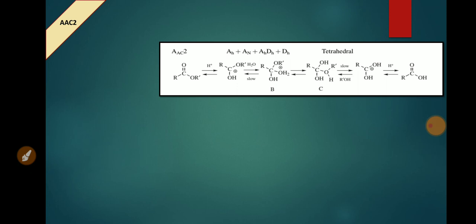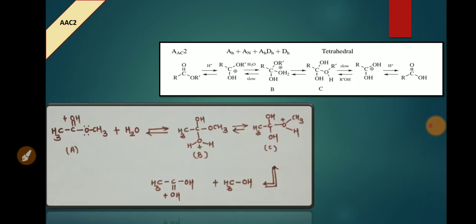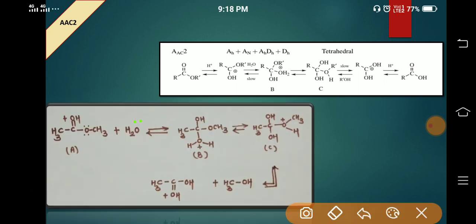Whereas this AAC2 mechanism is the most common mechanism for ester hydrolysis. It involves nucleophilic attack of water on the protonated ester. So we are getting A as the product of AH, that is, the ester on hydrolysis gives the protonated ester. Now the water molecule can attack at the carbonyl carbon to generate the tetrahedral intermediate, that is B,